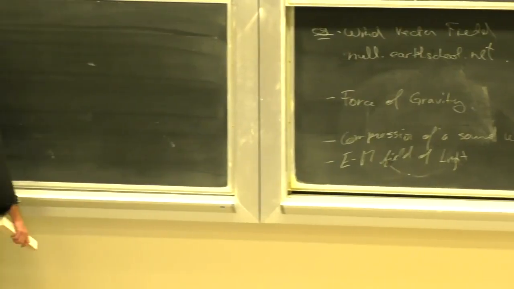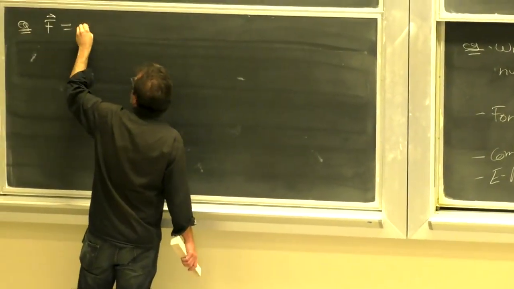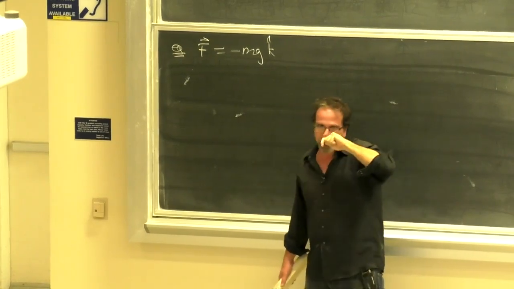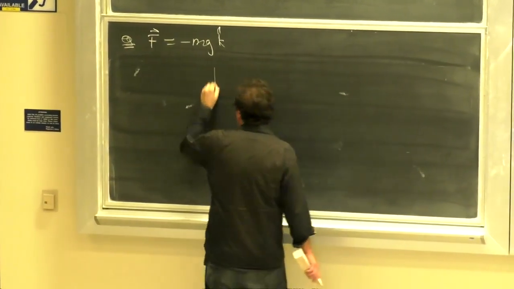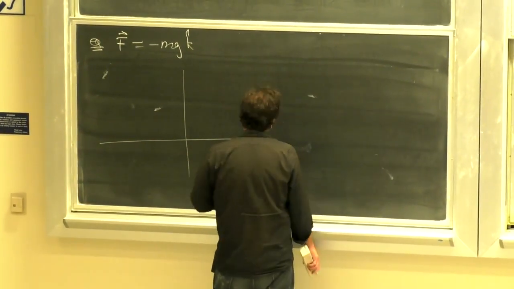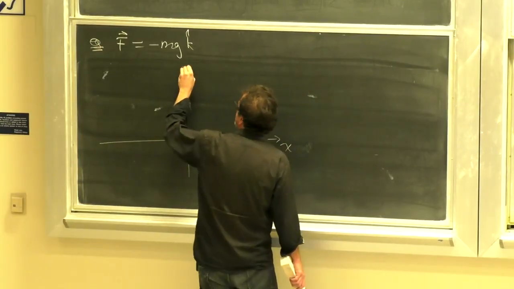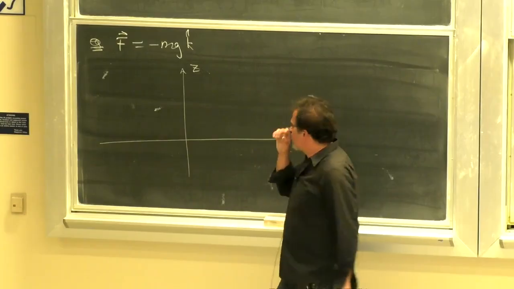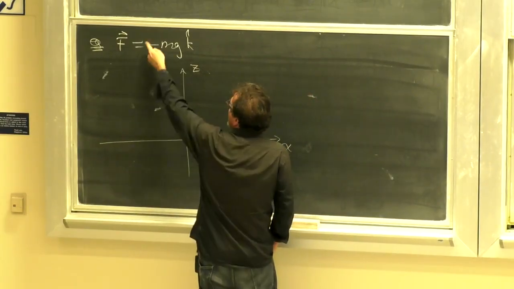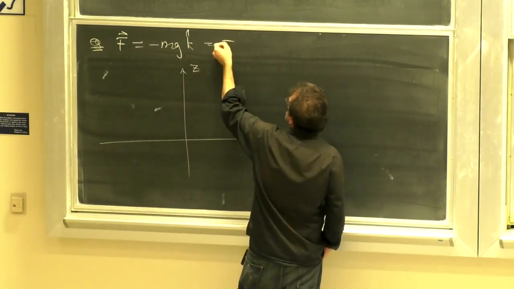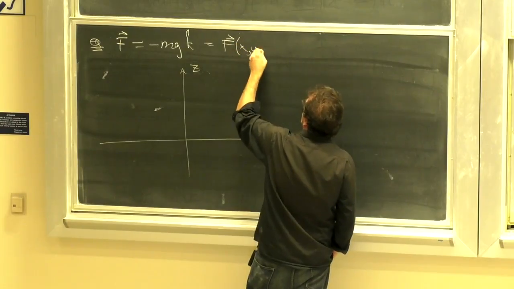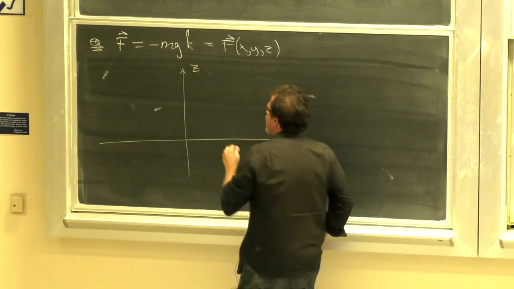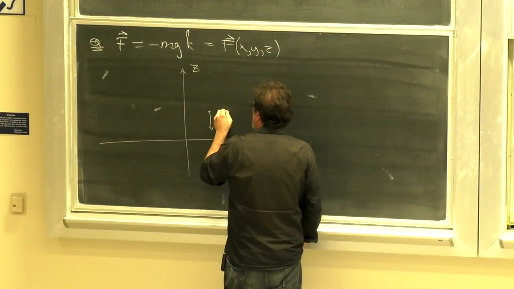Okay? So, e.g., the force of gravity equals negative mg k hat, where m is the mass of the person feeling it. Okay? So if I were to draw a 3-dimensional space, which I'm not going to do, I'll just do 2 dimensions. This is the x direction, and this is the z direction. If I were to draw this vector field, I would go to each point in this space and evaluate this function, right? This is a vector field f, which could depend on x, y, and z. Okay? And if I were to draw this vector field, it would be